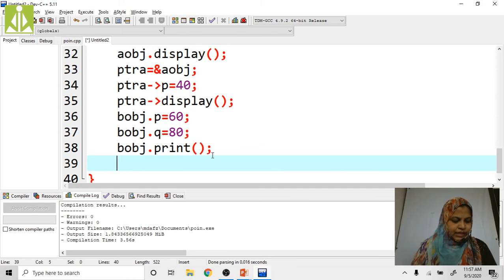Now here I am going to try to save this value. ptra equals to address of bobj, right?